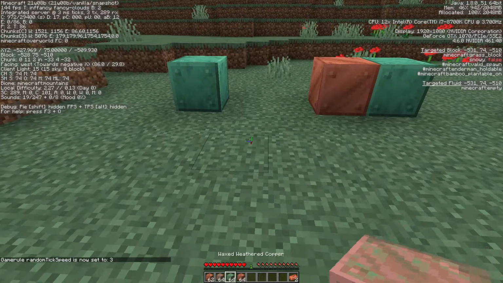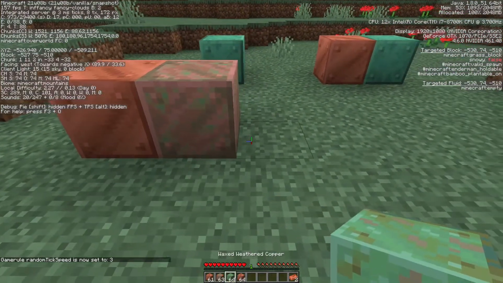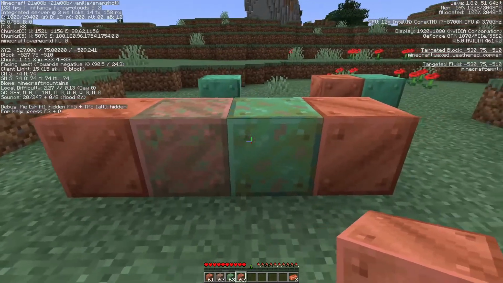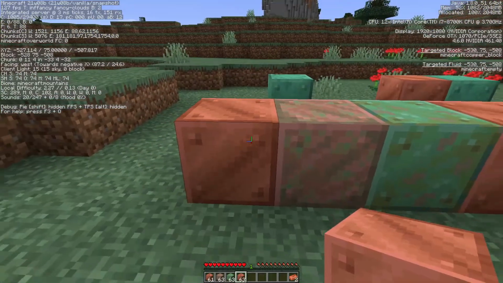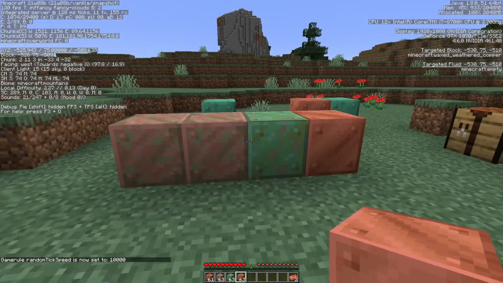I want it to change immediately. So we have our normal block of copper. We have our waxed exposed copper, our waxed weathered copper, and our waxed block of copper. These two, our waxed ones, should stay the same, and that one should stay the same. This is the only one that should change when we change that tick speed to 10,000 again. Let's see what happens. There we go, it's changed,